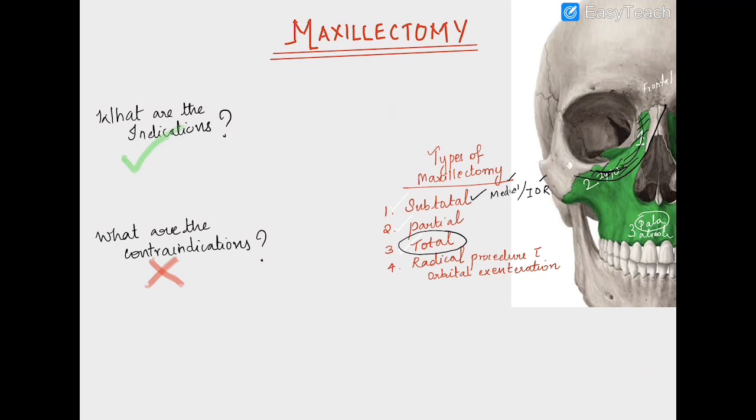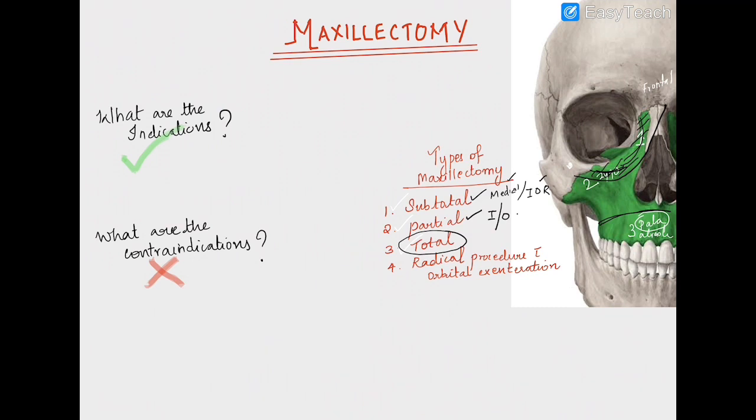In case of partial maxillectomy, usually only the lower half of the maxilla, which means the alveolar process, will be removed. For the other maxillectomy procedures like a subtotal, partial or radical procedure, we have to go for extraoral incisions. But your partial maxillectomy is nothing but the removal of the lower half of the maxilla or the removal of the alveolar process only, which is going to hold your maxillary teeth. So this can even be done under your intraoral procedures.